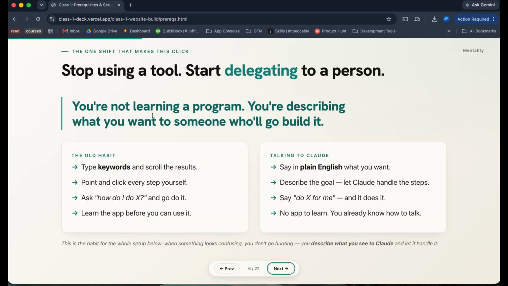Before we start digging into using Claude Code, I think there's a mentality shift that helps a lot of people here. Prior to using AI and these tools, we've always had to learn the platform that we were going to use and what its UI is, and there was always a learning curve with all of that.